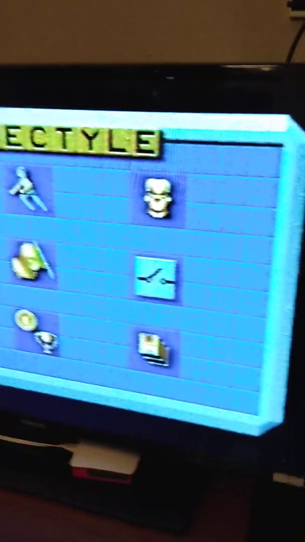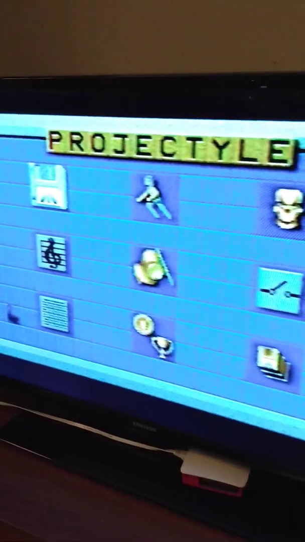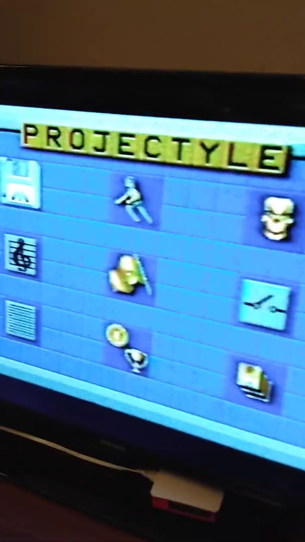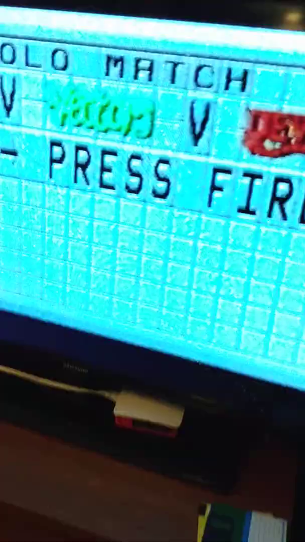I can't remember what camera angle I started out with, but the snow is noise, and that comes from using this unshielded cable. So you really should be able to get an image without any snow at all. But you can see the game started up. For some reason, you use your right mouse button to start up that game. It's kind of strange, but